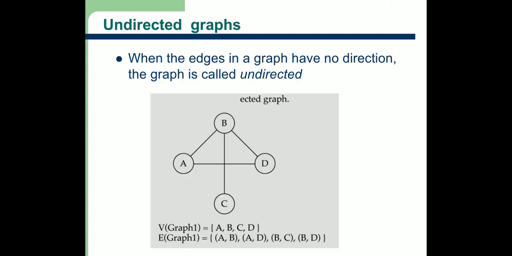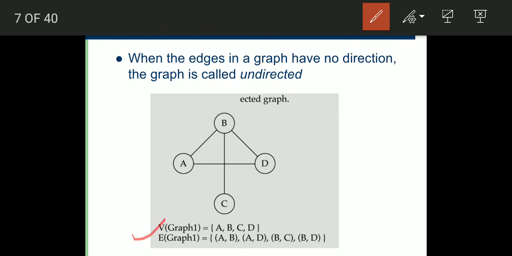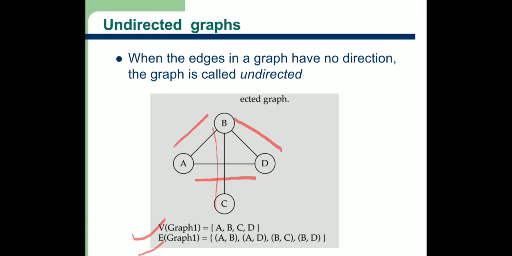Now, this is the example of an undirected graph. You can see here we have four vertices A, B, C and D, and these are the set of vertices. We write it here: V is A, B, C, D, and E is the set of edges. These edges are AB, AD, BC and BD. We can also write these edges as BA, DA, CB and DB because in case of undirected graph we don't have any direction. We can read the edge as AB as well as BA.